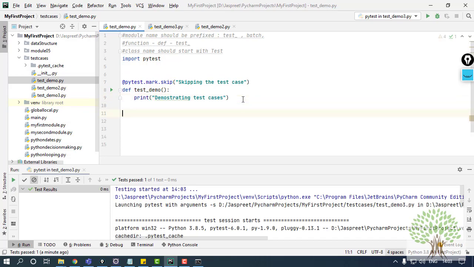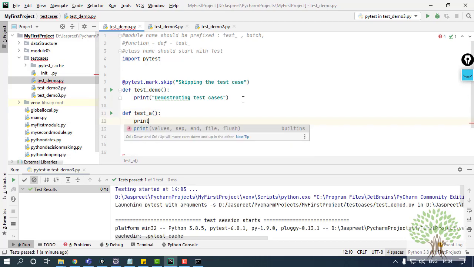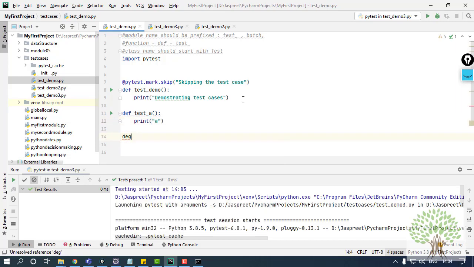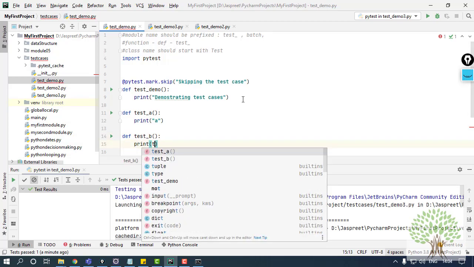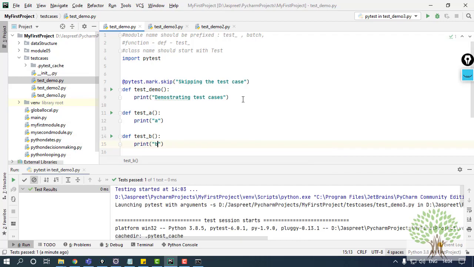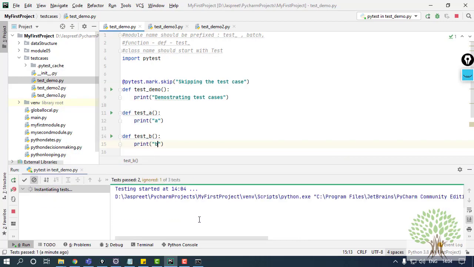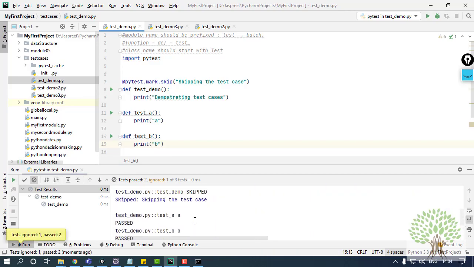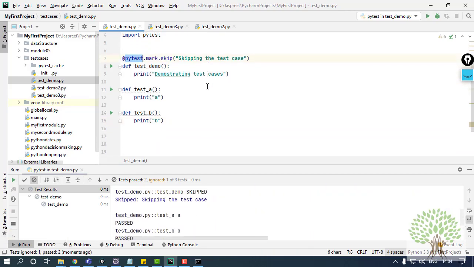Let's say I have one more test case, test_a, print a. The same way I have another test case, test_b, print b. Fine. Now if I run this module, there are going to be 3 test cases collected, and 3 of them are going to be over here. Like one is having skip, so one got skipped.